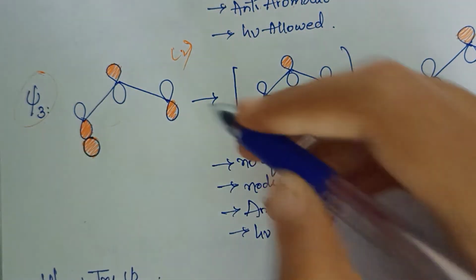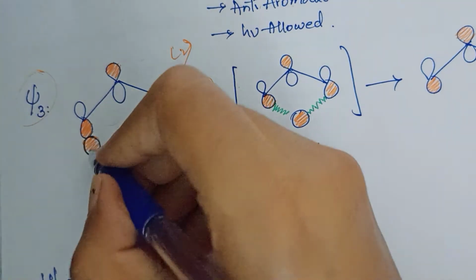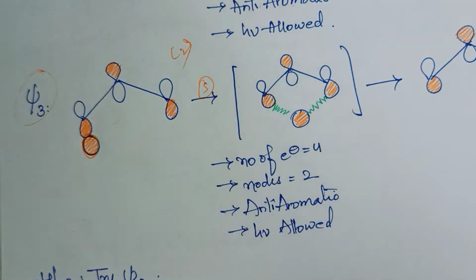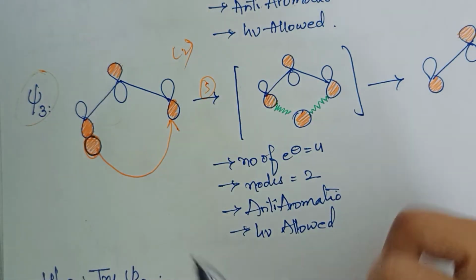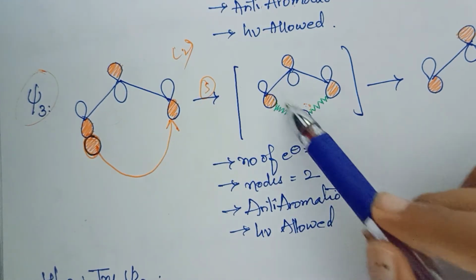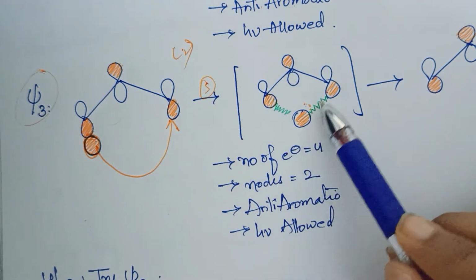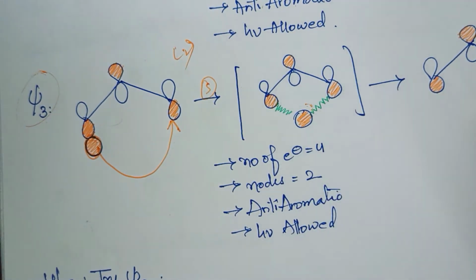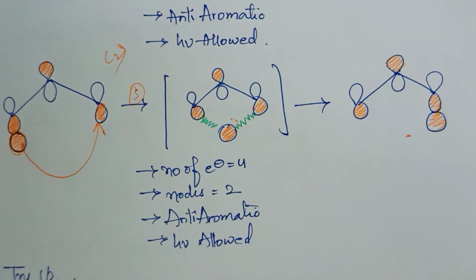Now I am doing the suprafacial mode. How to do suprafacial? The hydrogen will go from down to down only. That is supra. So when the hydrogen is shifting from down to down, that I have represented in the transition state from down to down only. Previously the hydrogen was attached here, now it is attaching here. So now we will be getting a product, and simultaneously the product will be formed.